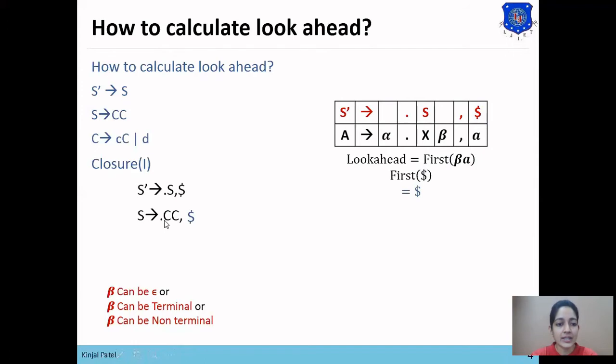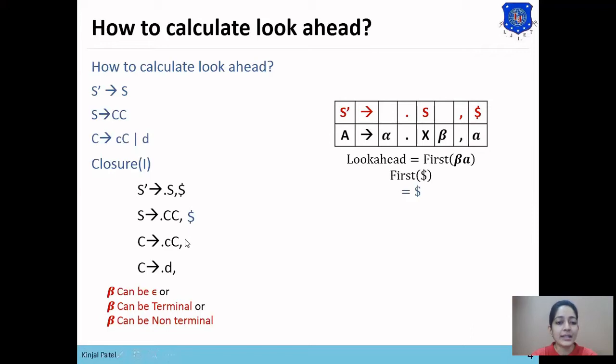Now here in the second statement, dot is present at the beginning of a non-terminal symbol, so the productions of that non-terminal symbol will be added: C derives dot cC and C derives dot d.